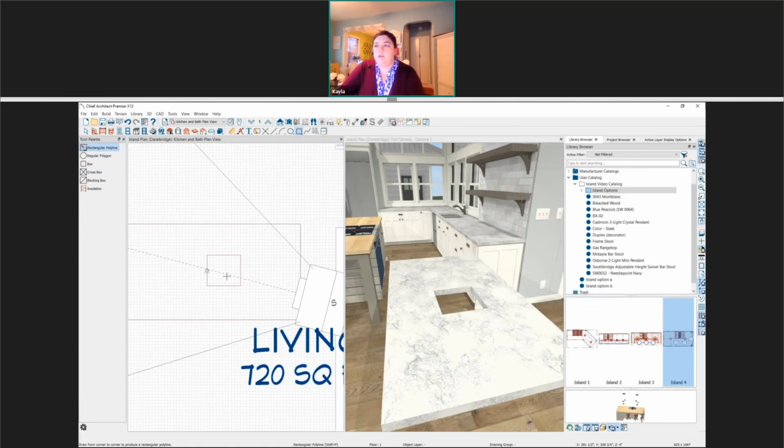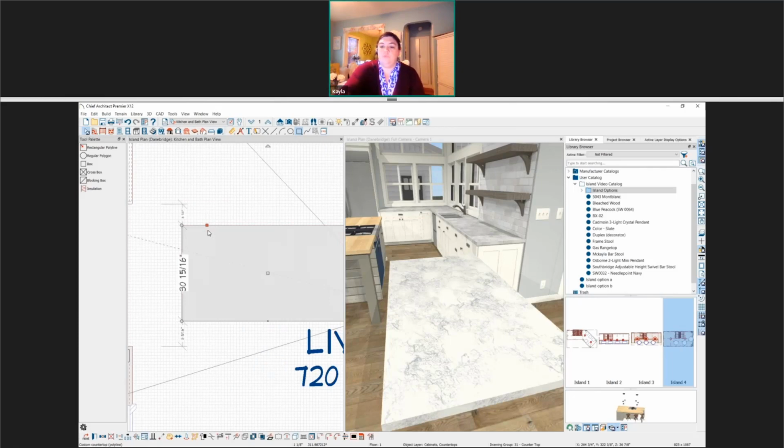Well, no, actually, I was hoping it was kind of the opposite. Like I have cabinets around, and then a big hole in the middle. Oh yeah, it'll automatically cover that hole. Okay, I just wanted to know. And if it doesn't, you can always click on the hole and just delete it. Okay, good.